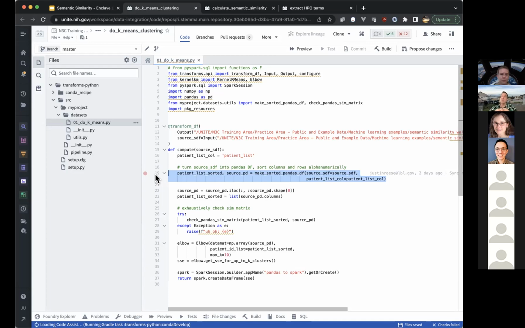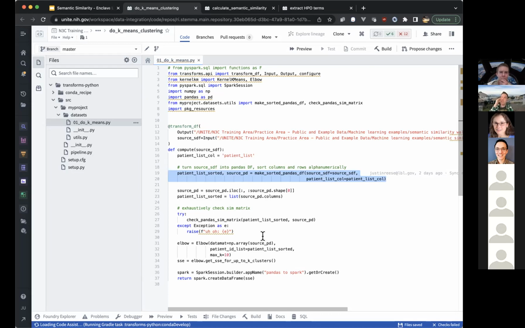Yes, they probably do. I don't think you can feed a patient similarity matrix to it, which is why we implemented this. I was going to ask actually if there was, I know it'd be a completely different method, but there is a k-means, but they want feature vectors. And so I wonder if there's a sort of ontology-based embedding that could be generated. Yeah, that actually would be, I don't want to say easy, but